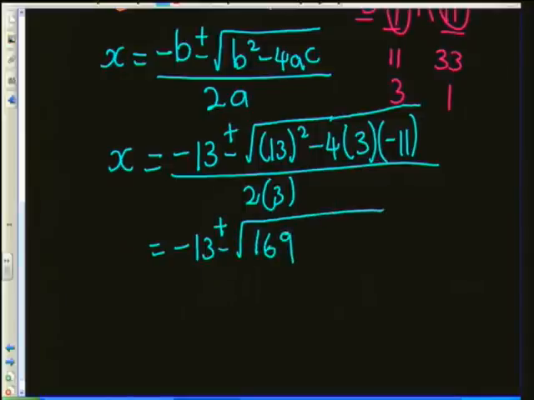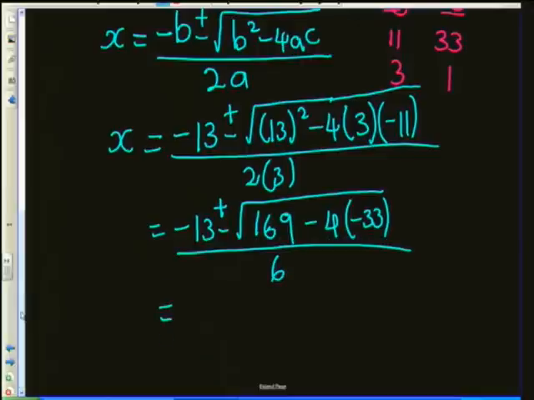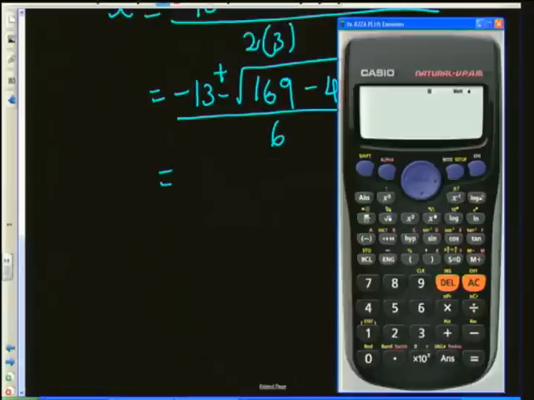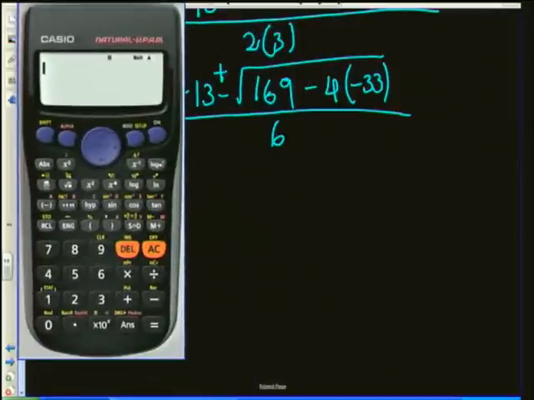That's 13 squared, okay, and 3 times negative 11 is negative 33, and all over 2 times 3, which is 6. All right, now this is very easy because what we can do now is just pick up your calculator. There is mine, and what do we have here? We've got